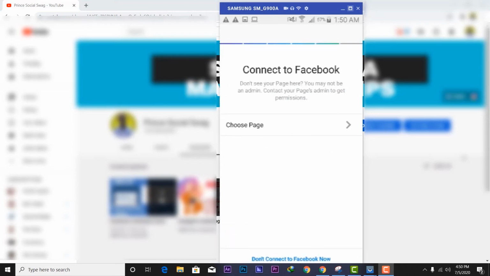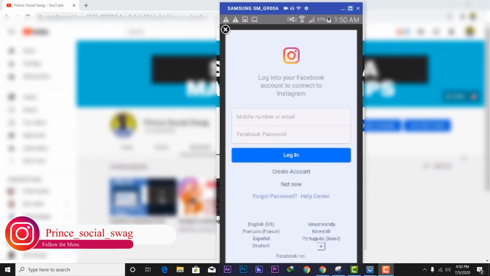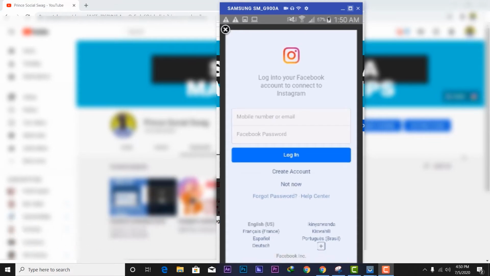For the next step, you have to choose the Facebook page. Click on the Facebook page, fill in your Facebook page login, then log in and connect your Facebook page to your Instagram account. I'm not going to connect it right now.